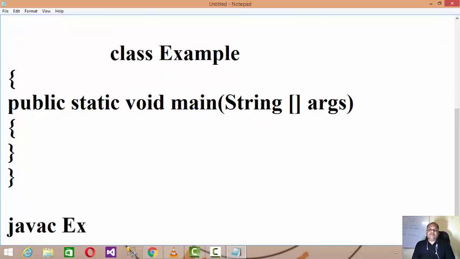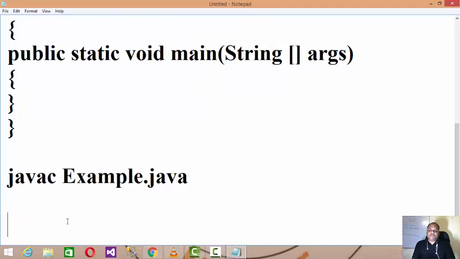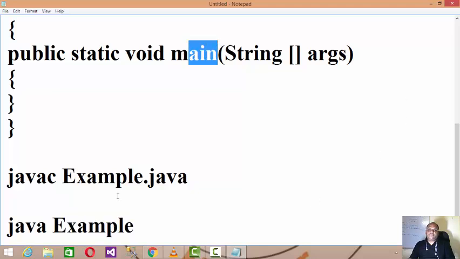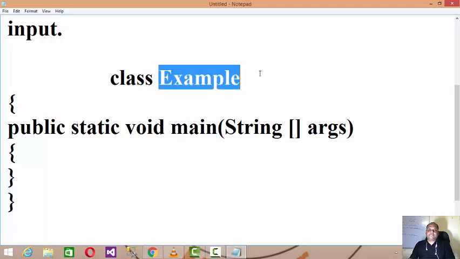By writing javac example.java. This is for the compilation. And after successful compilation, if you write java example and hit enter, then it gives a call to the main method belonging to the example class.